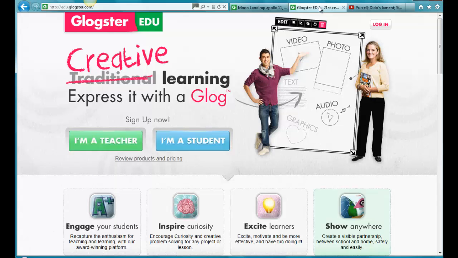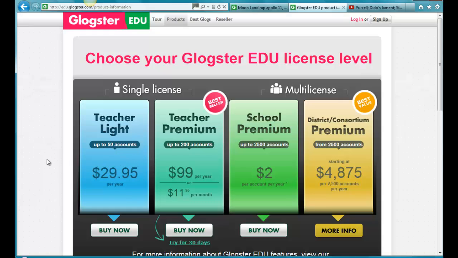Let's explore the Glogster EDU website at edu.glogster.com to discover the features and uses of the site. The first thing that I want to discuss is the different options available on Glogster EDU. You will notice that there are several types of subscription accounts. As a single licensed teacher, you have two options depending on the number of students you have and the kinds